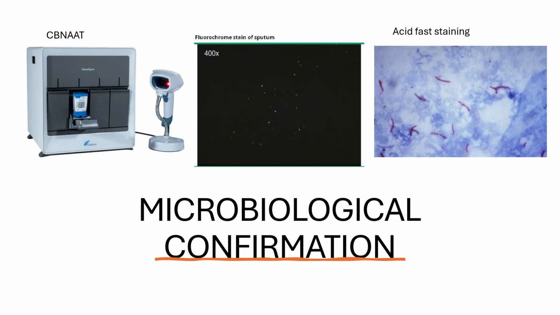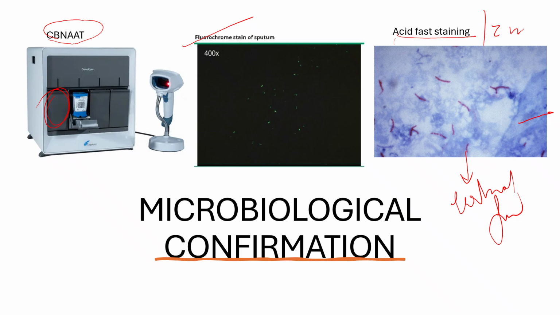So second thing is microbiological confirmation, which can be done by CBNAAT, which is nothing but cartridge-based nucleic acid amplification test, or we can go for an acid-fast staining or ZN staining, where we are using carbol fuchsin stain and a counterstain with methylene blue. To make this process a little bit faster, we can use a fluorochrome stain of sputum. And we have to also send for a first line and second line LPA to decide whether it is MDR